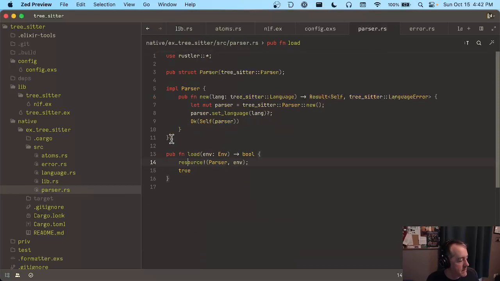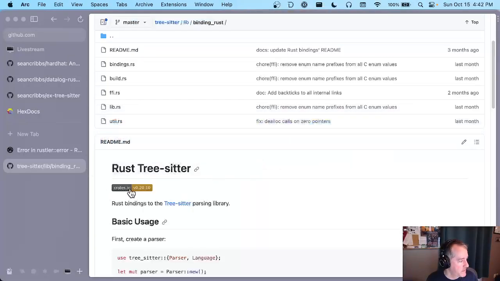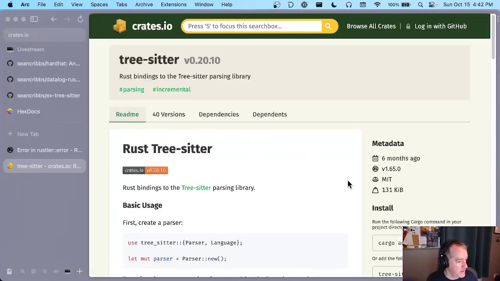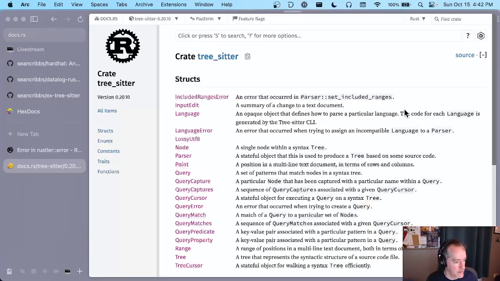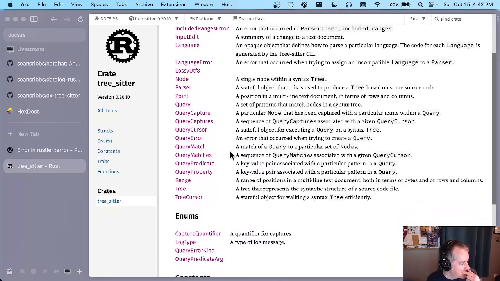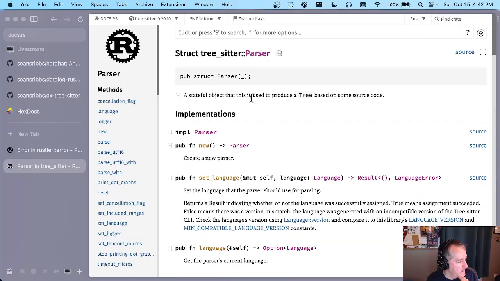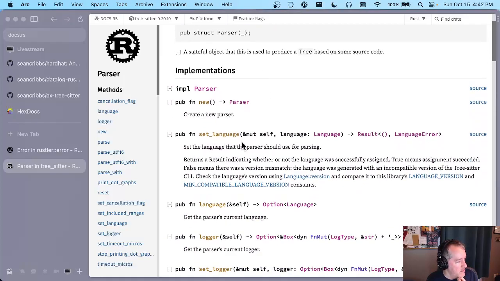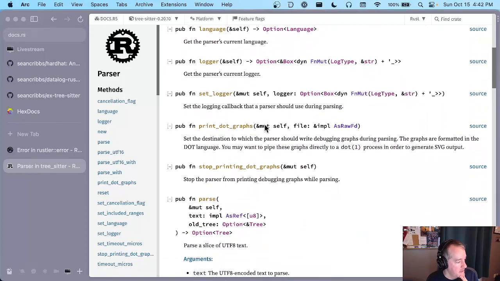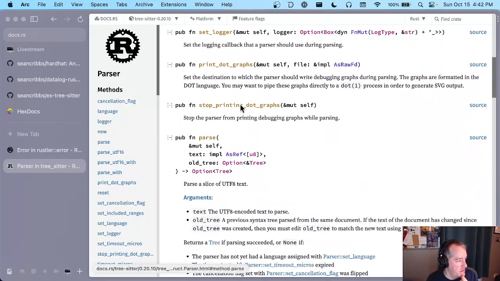So let's look at the docs for tree-sitter. I was hoping that this would just jump me to the docs.rs, but it wasn't. Okay, so it has a parser type here. This is what we're working with underneath. You already saw the set language we were using. The next thing I'd like to expose is parse, and this will be really interesting. So I think